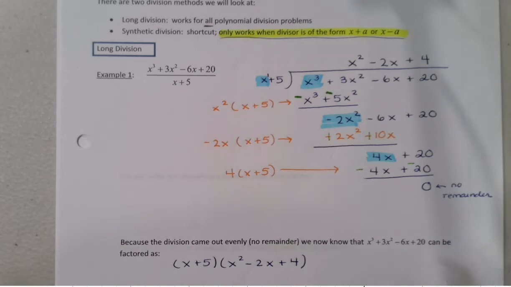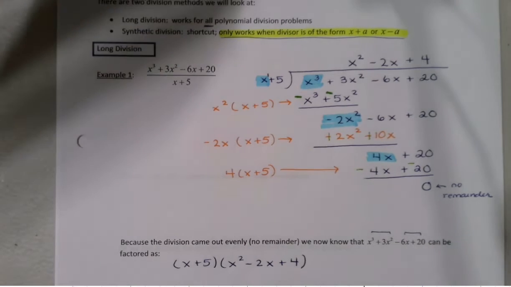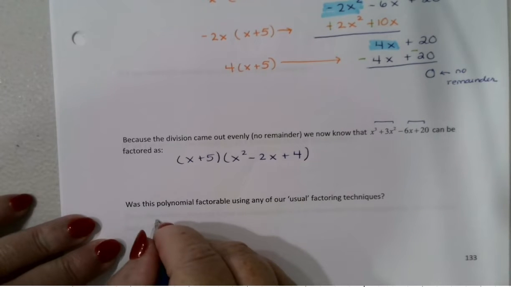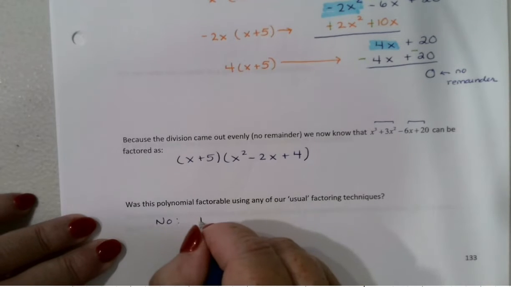With 4 terms, I might have tried grouping, right? But you can see pretty quickly it wouldn't work. I'd factor an x squared out here, giving me x plus 3. And I could factor a negative 2 out there, which is not going to be x plus 3. So could we have factored this using a normal factoring technique? No. Again, if we tried grouping,